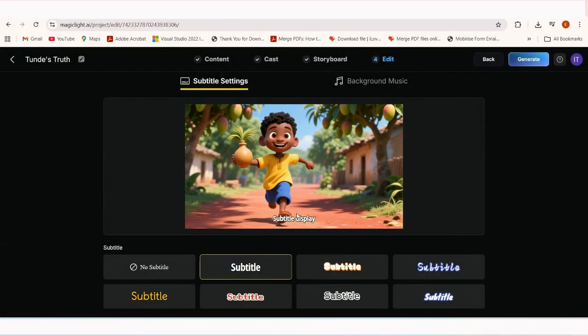All right, so here we see our subtitle settings. That's the way the text will appear below here. You could change it to whatever you like, and if you like this, it's okay. You could just go ahead to click on generate. So once you click on generate, then